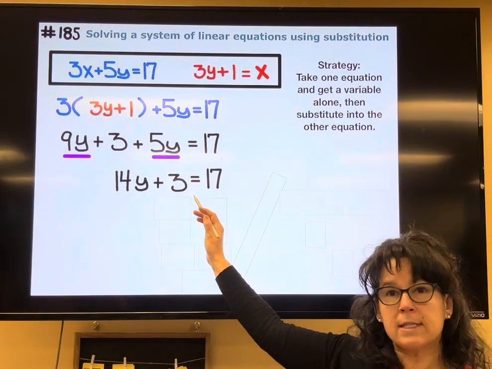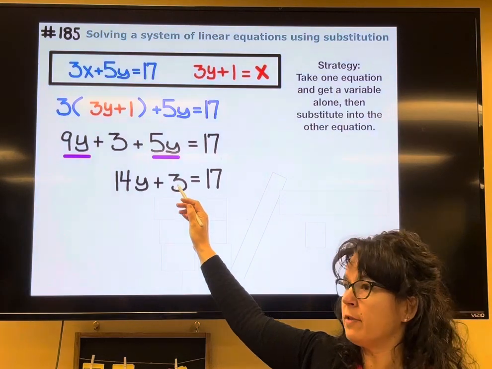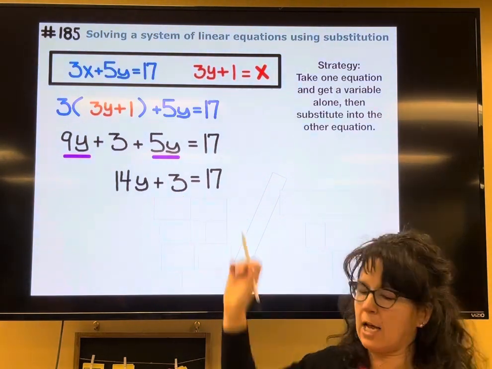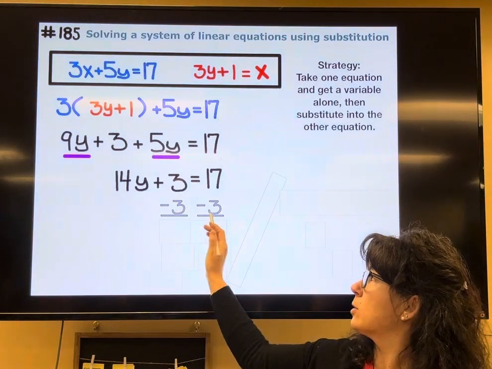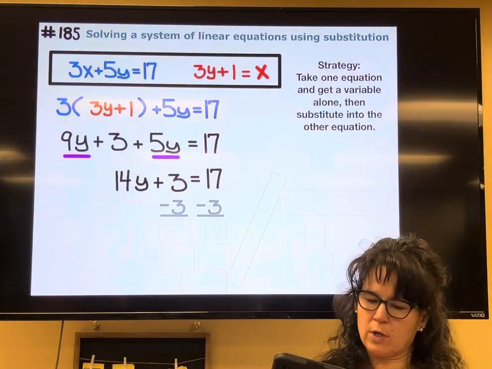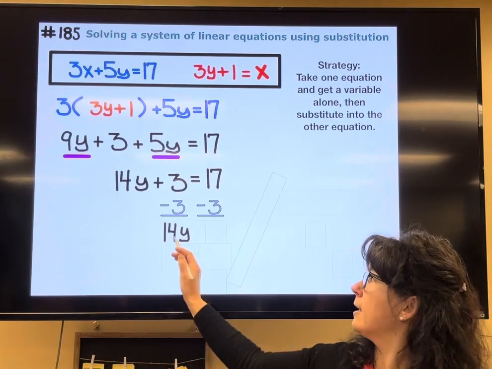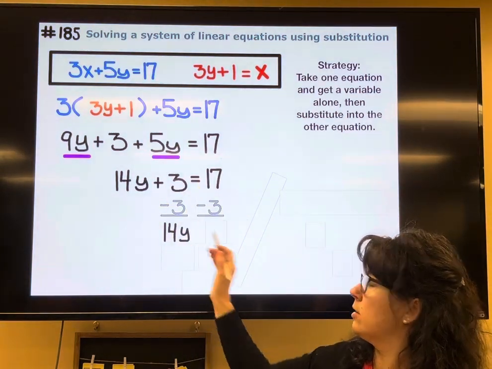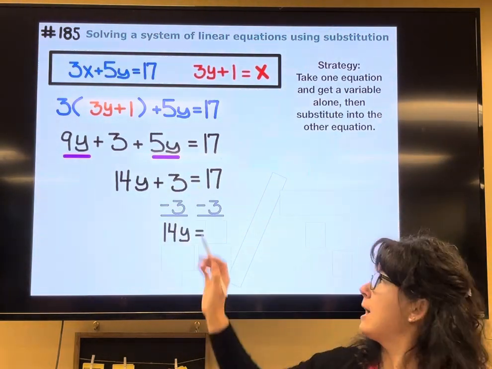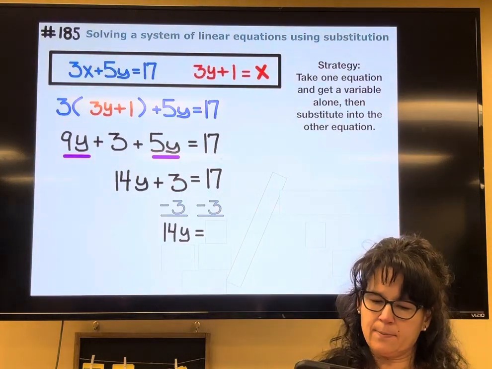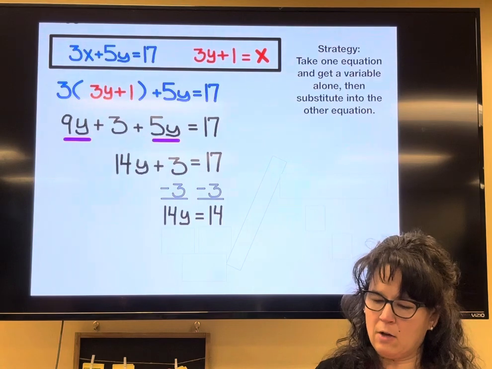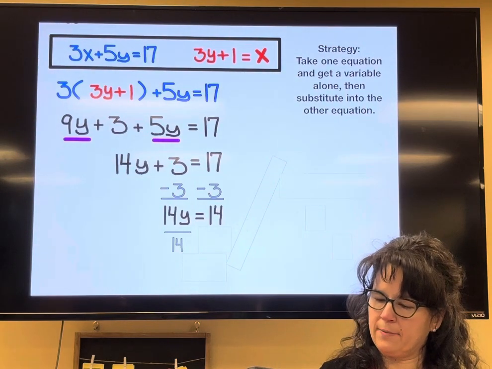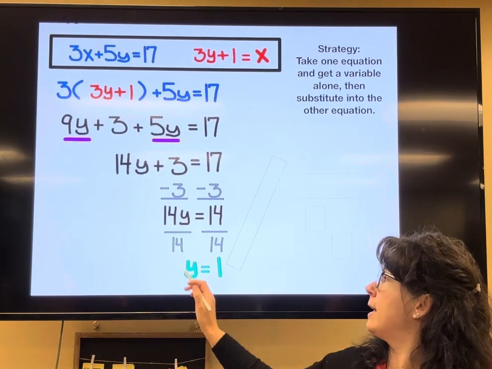Next, letters on one side, numbers on the other. So I'm going to move this 3 to the other side by subtracting it. What I do to one side of the equal sign, I do to the other. So 14y is by itself equals, bring down the equals, and 17 minus 3 is 14. To finish getting y by itself, I'm going to divide by 14, and I find out that y is equal